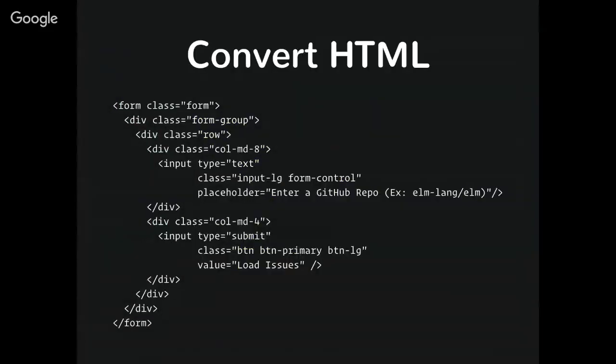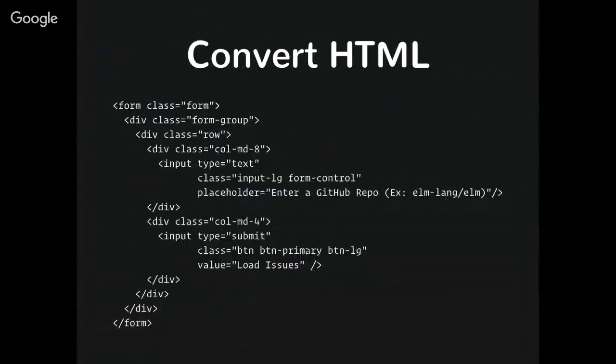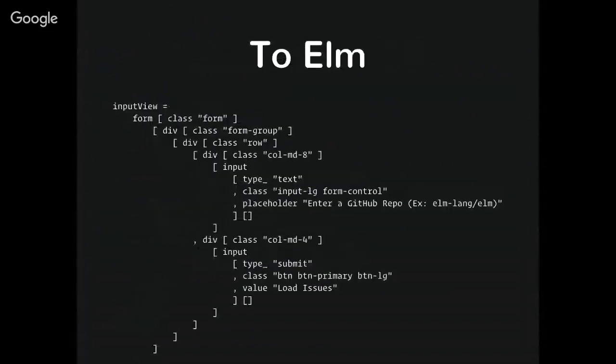This is the HTML as it looks now. And when you convert it to Elm, to me, this doesn't look much different. So you go from this to this. Roughly the same number of lines, elm format adds a couple here and there, but that's the gist of it. So you can still see things that look very familiar.